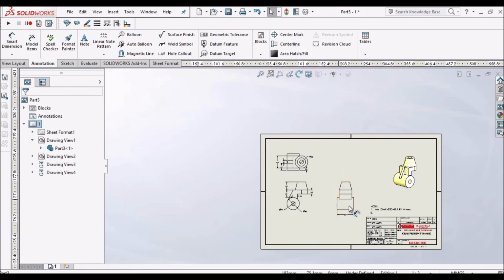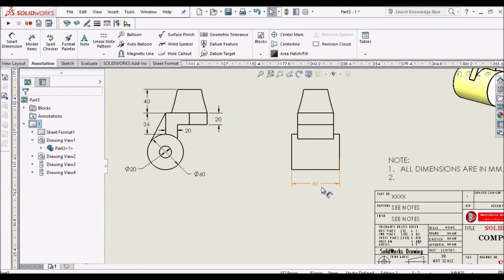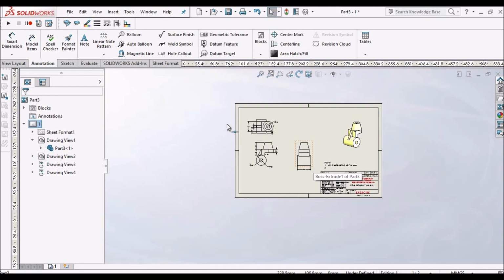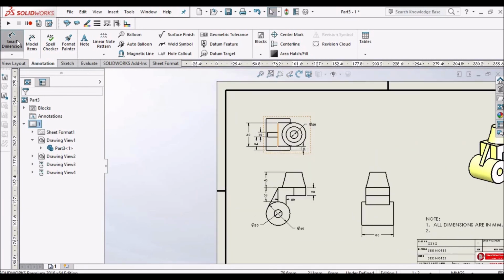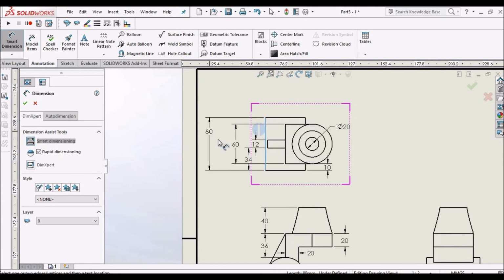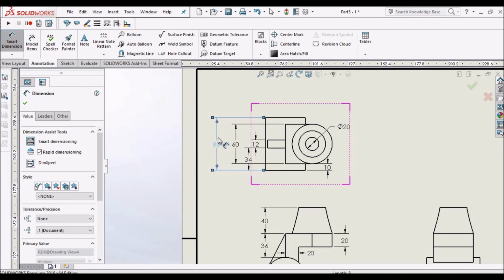In this case, only one dimension is pending, so if you want to avoid this view, simply give the dimension here, just place it here.